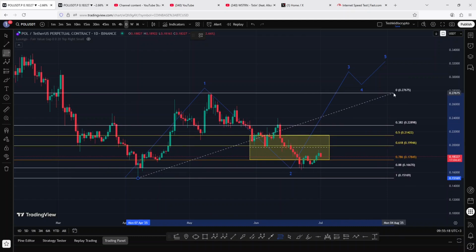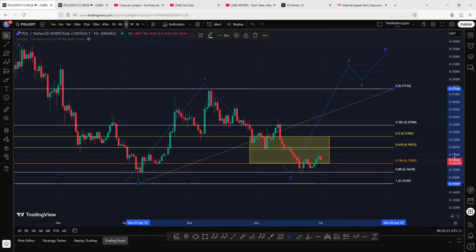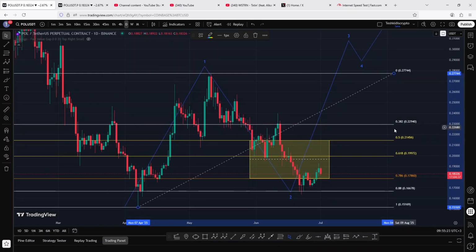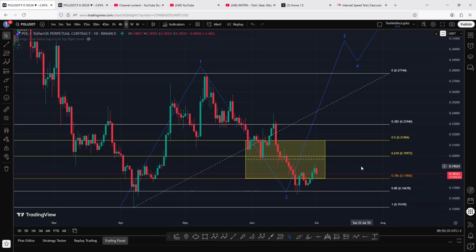And on so doing, the area that I have been paying attention to lies between the fib level 0.5 and the 0.78, and that is between the 0.21456 and the 0.1786, which is the yellow target area over here, an area that we have not fully maximized. And at some point after overshooting the fib level 0.78, you can see that we continued to hold above the fib level 0.88 that lies above the